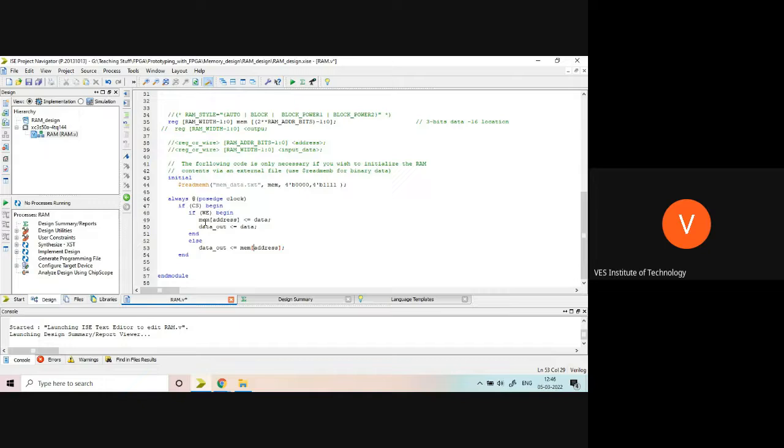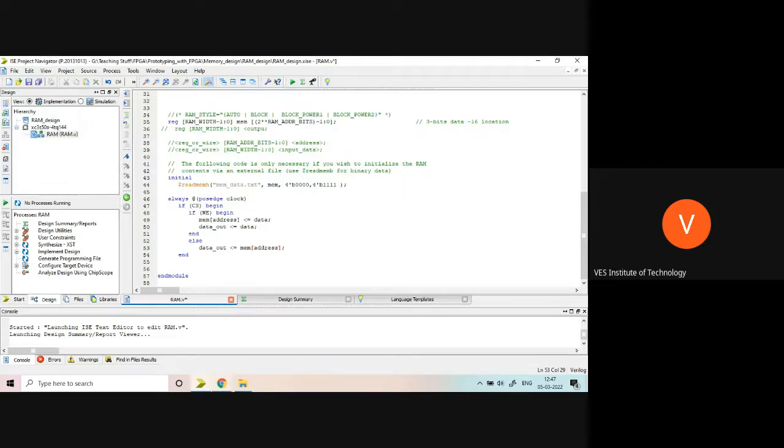If write enable is off, then you can read the data continuously. So whatever address you give, that address data will be read on the output port. So the output port is for reading, and the data will be given into the memory at a particular address. So mem address means putting into the address.